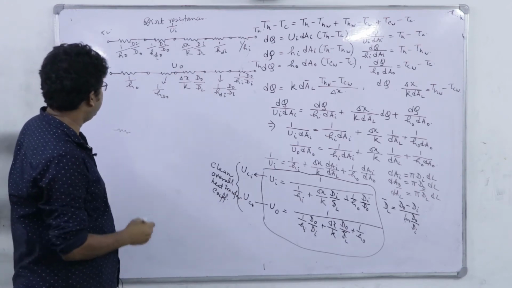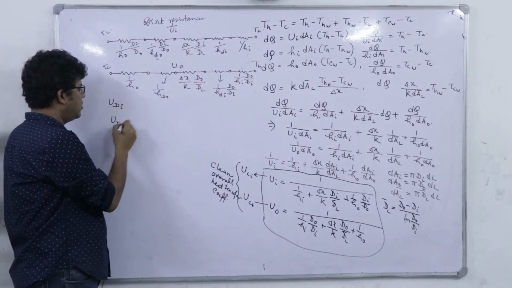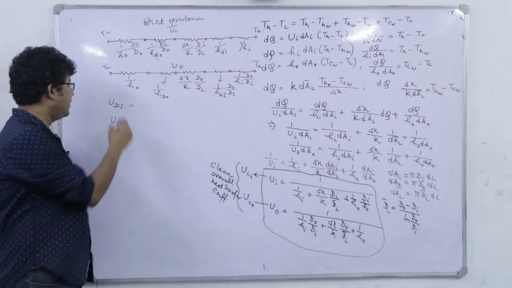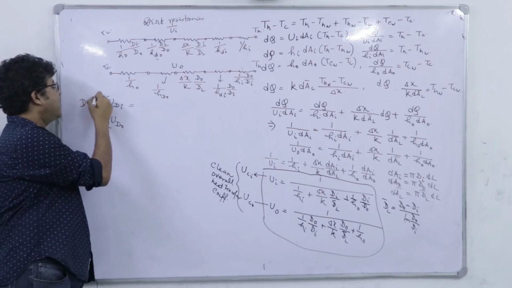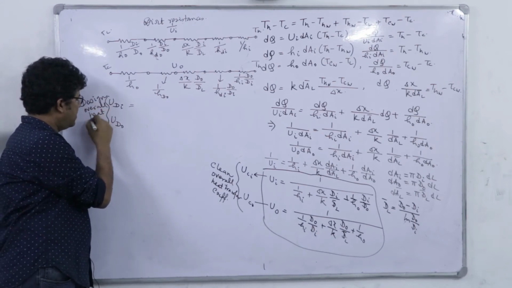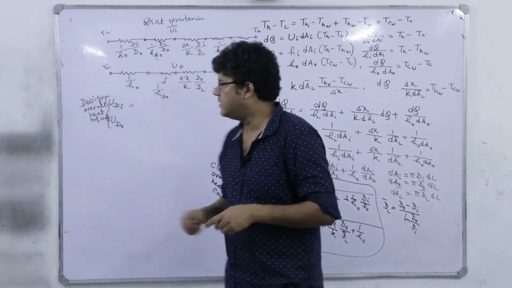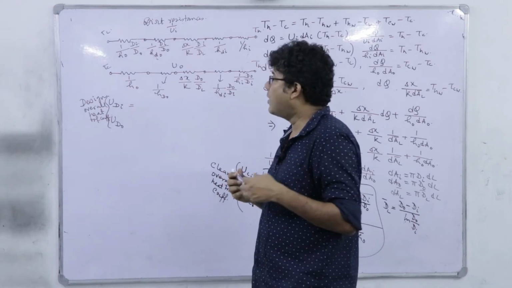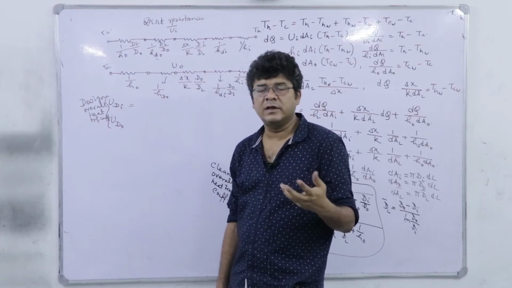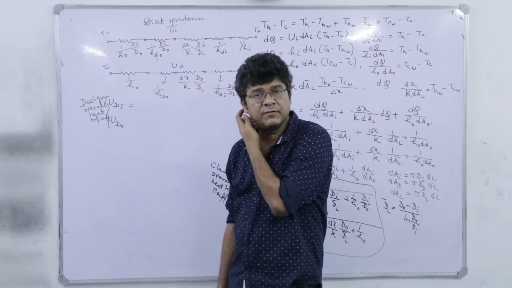So what we can write here finally, that UDI and UDO, contrary to the clean overall heat transfer coefficient, are not referred to as dirty overall heat transfer coefficient, but rather design overall heat transfer coefficient. Why? Because in the overall analysis we write that Q is equal to some U into A into some average temperature difference.